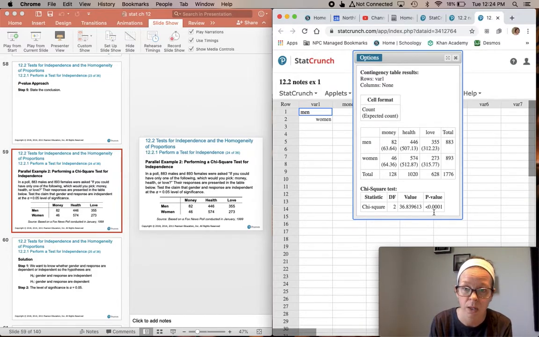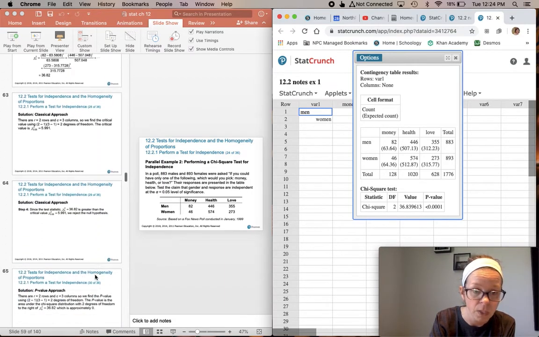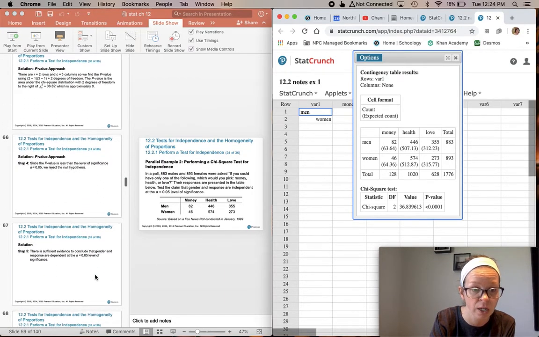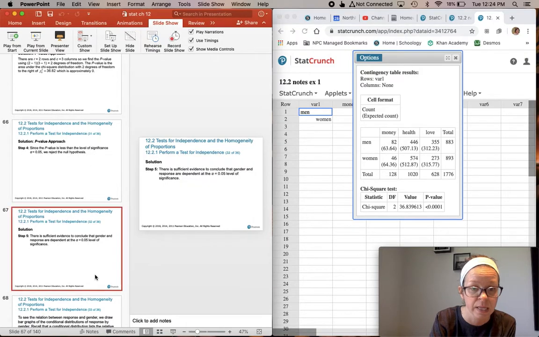So we conclude there is a dependency upon gender and priority here in terms of money, health, or love. We have to decide in favor of the alternative hypothesis that there is sufficient evidence to conclude that gender and the response are dependent on each other. Okay? All right,